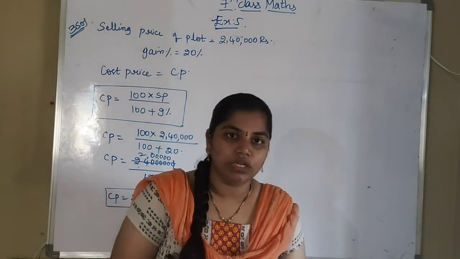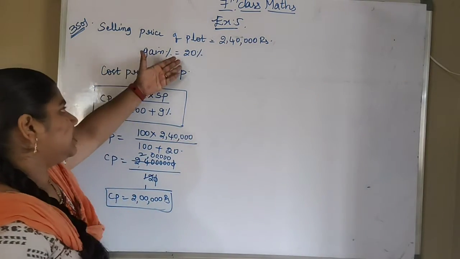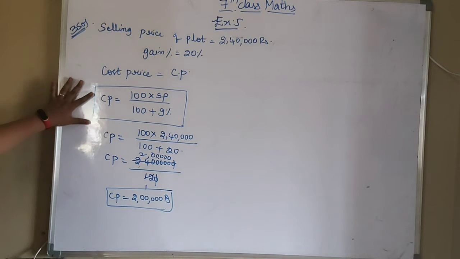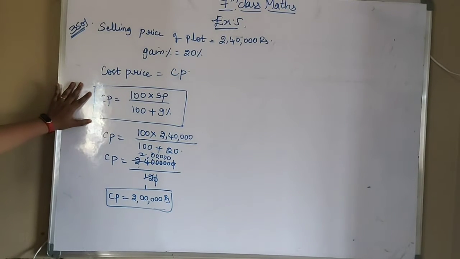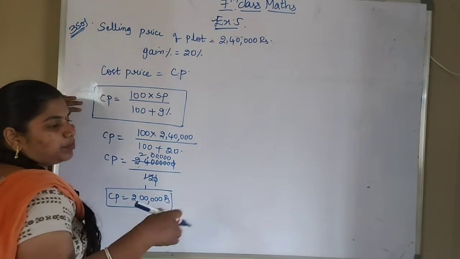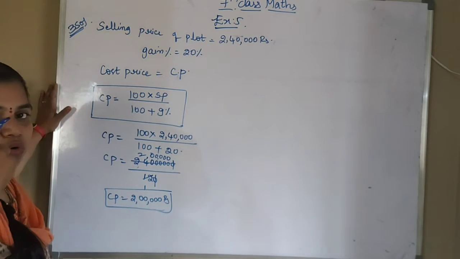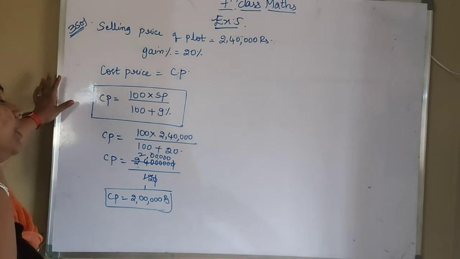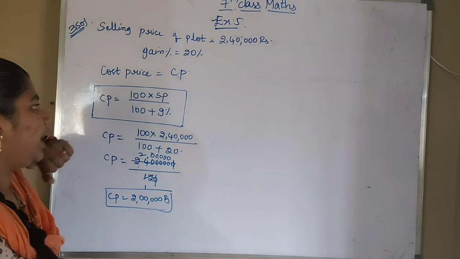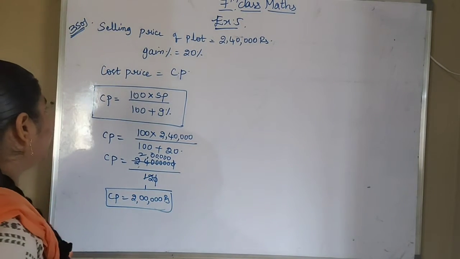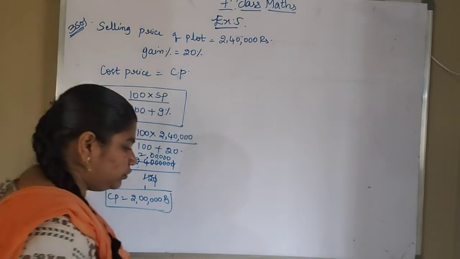So he bought for 2 lakhs and sold for 2,40,000. That is a gain only, no? The gain percentage there is 20%. So the formula we have used is CP is equal to 100 into SP by 100 plus gain percentage. In the earlier formulas I gave it as profit percentage because I wrote profit in that formula. Here they have given it in terms of gain, so I wrote gain here. Okay, so this is our third solution.